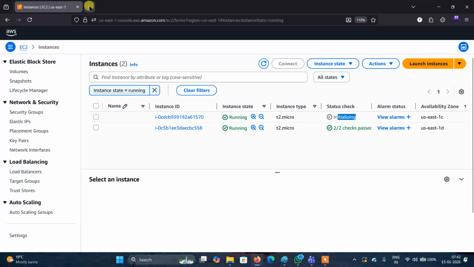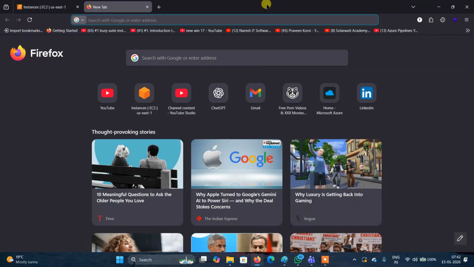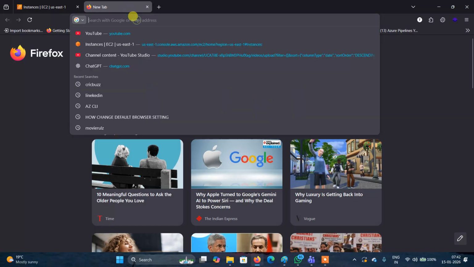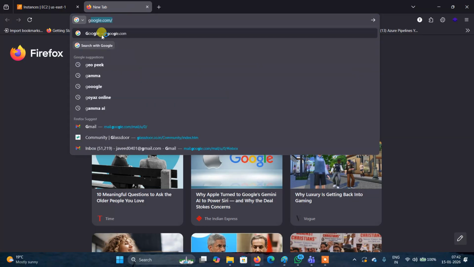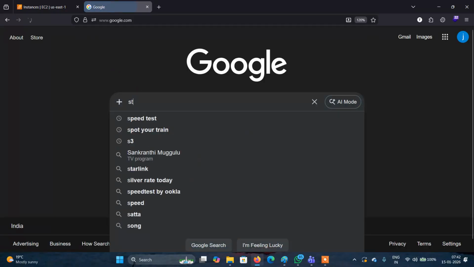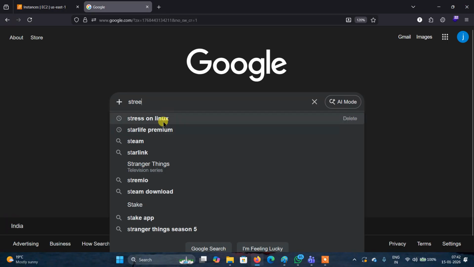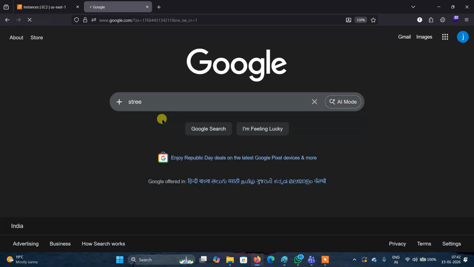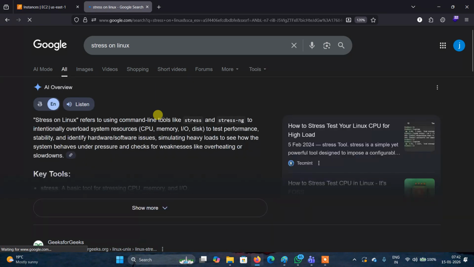How will we set a load? For setting the load, we need to use a command or a tool called stress. By using stress we can put stress on the computer, that is, the EC2. CPU utilization will increase, so we generate some load on the CPU.